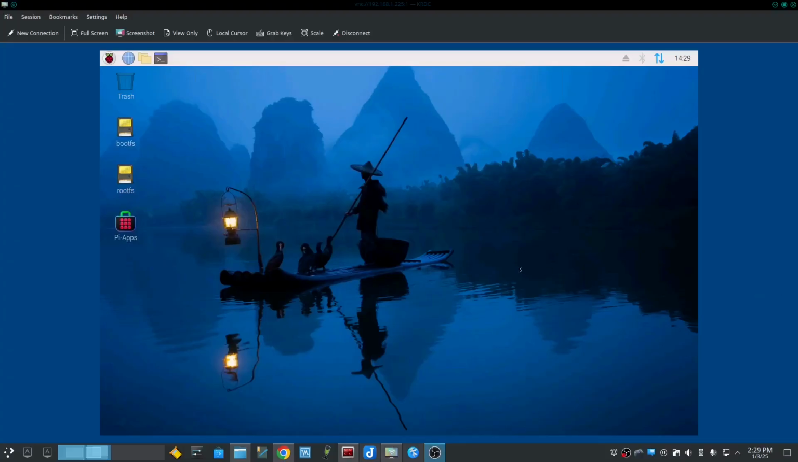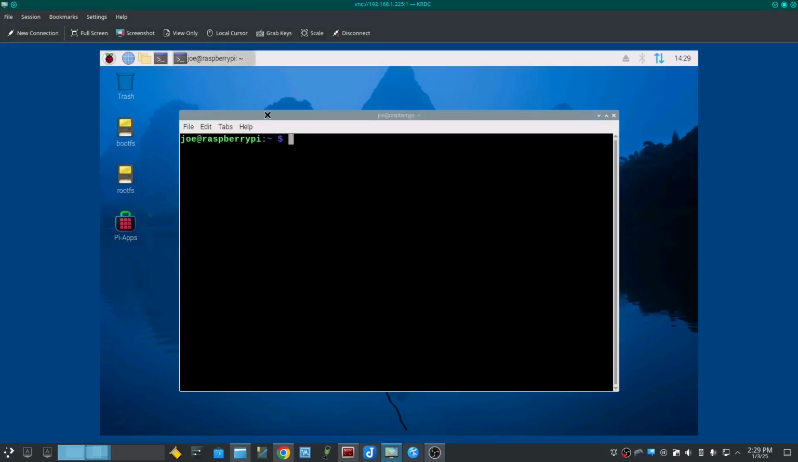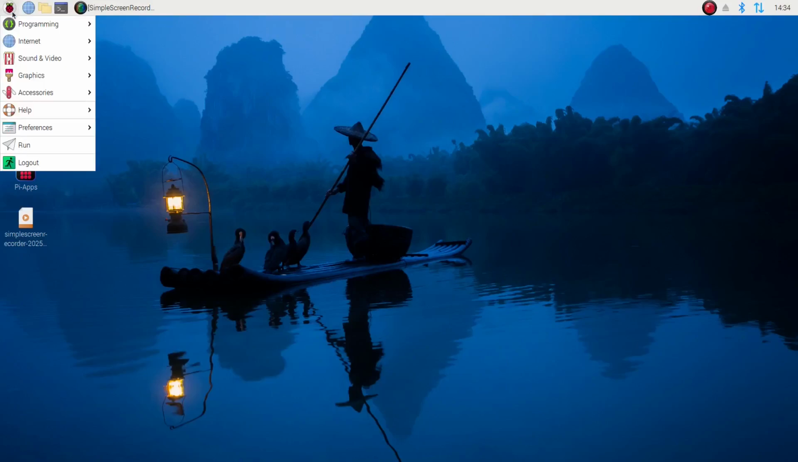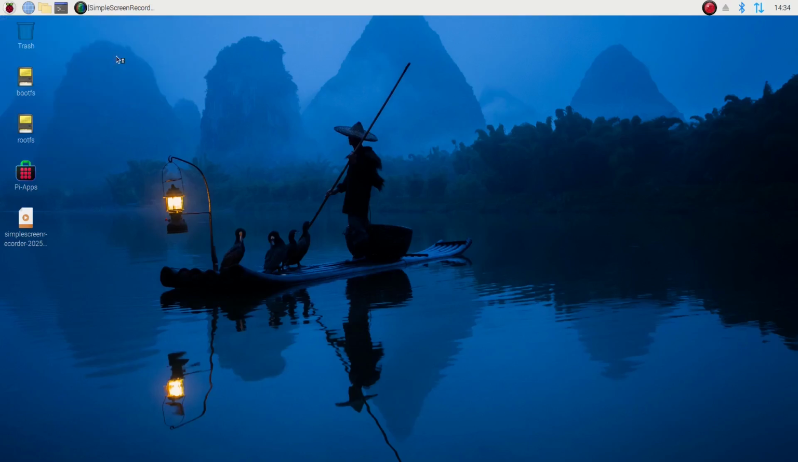Okay, to install OBS Studio on Raspberry Pi 5, open the terminal, type sudo apt install obs-studio. Okay, when that's done, go up to your applications, sound and video, start OBS Studio,